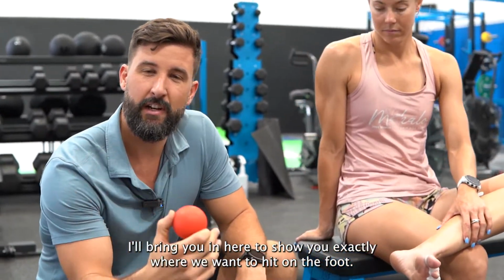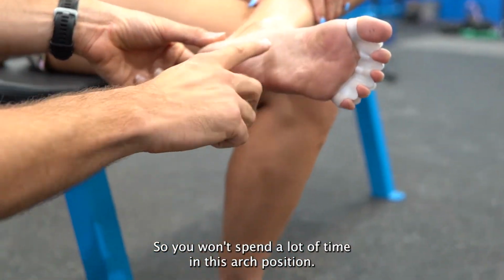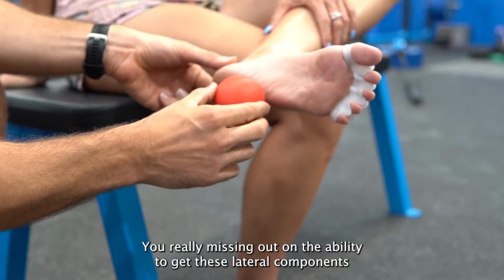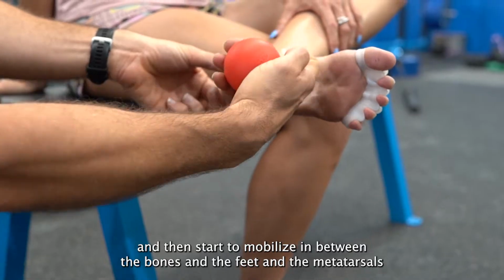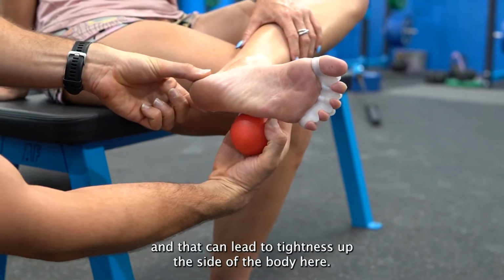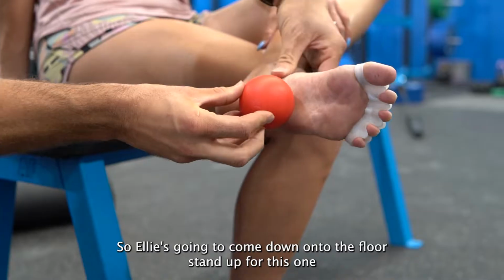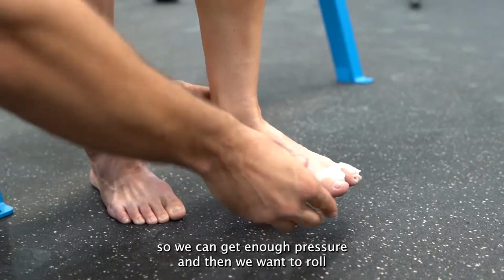I'll bring you in here to show you exactly where we want to hit on the foot. So we want to spend a lot of time in this arch position, but people only spend time here. You're really missing out on the ability to get these lateral components and then start to mobilize in between the bones in the feet, the metatarsals. So some of this lateral stuff can get quite sticky and that can lead to tightness up the side of the body here. So Ellie's going to come down onto the floor, stand up for this one so we can get enough pressure, and then we want to roll